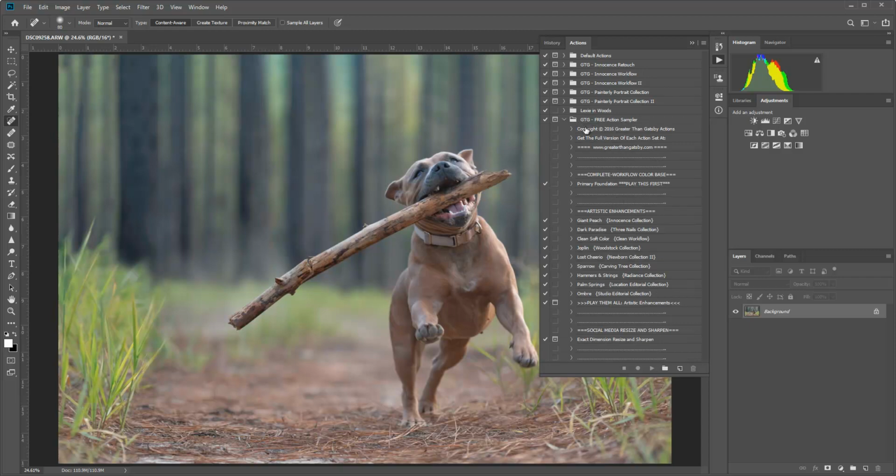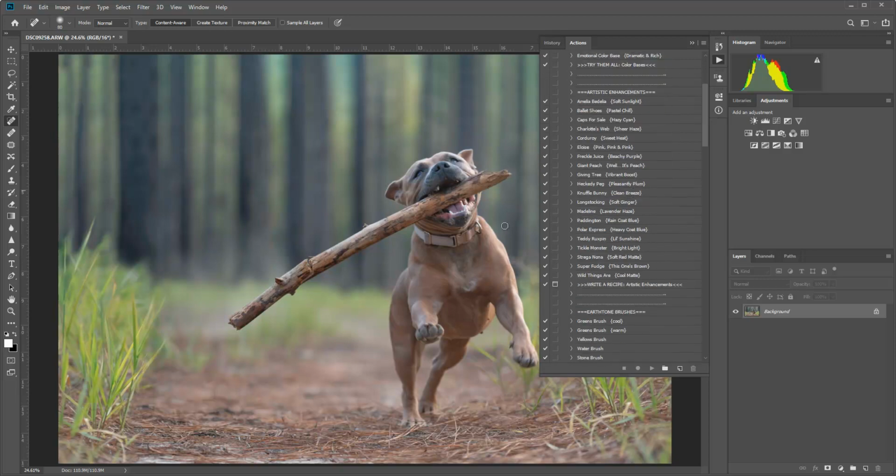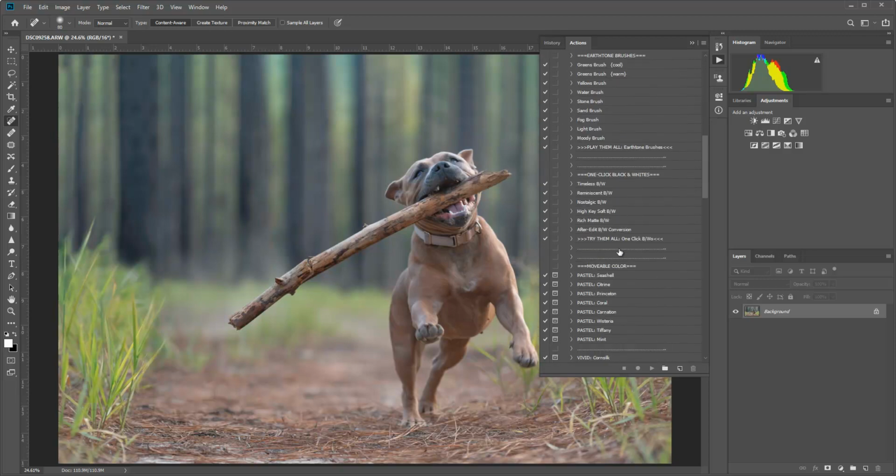So anyway, after all that little blabber on, I ended up installing the little sampler kit that you can get from Greater Than Gatsby, and I thought that this is something that you can have a little bit of a play with. There's actually not a lot here compared to, like, the Innocence collection, which for me is just super. It's got so many different little things that you can add, and you don't have to think about all the different layers and all the different elements,